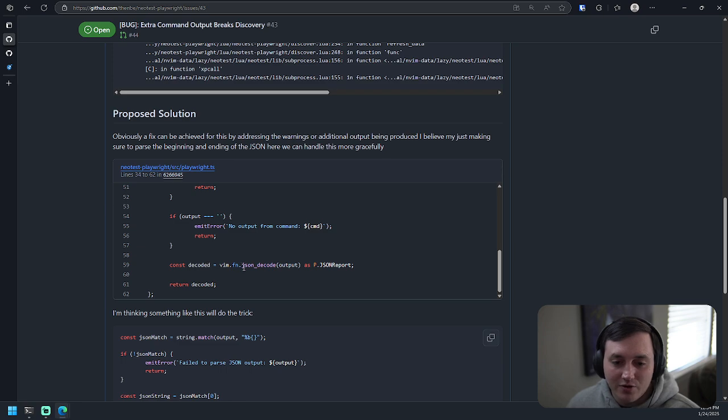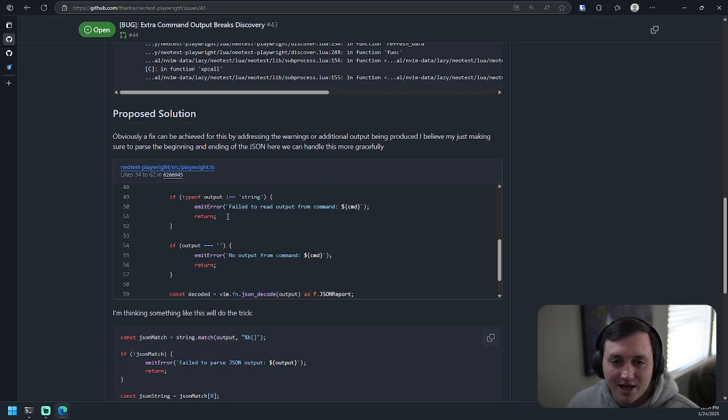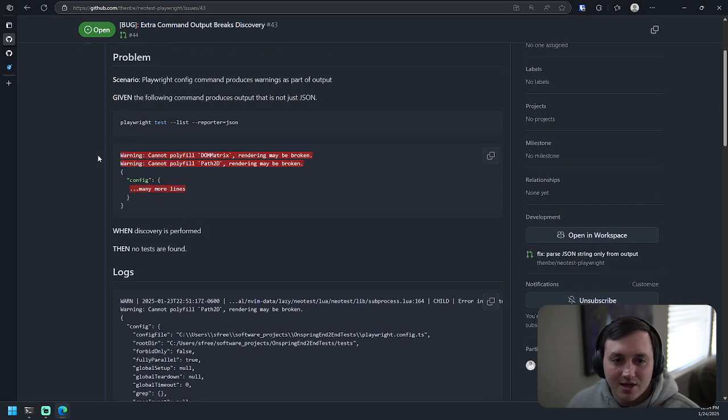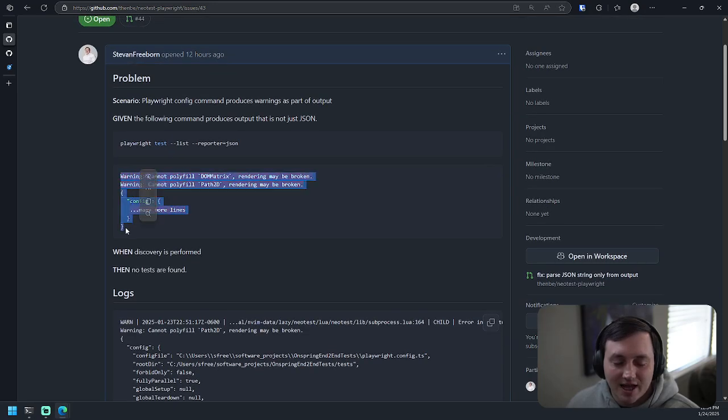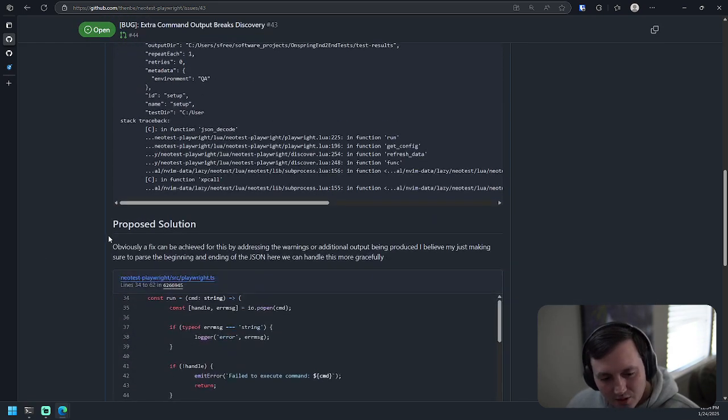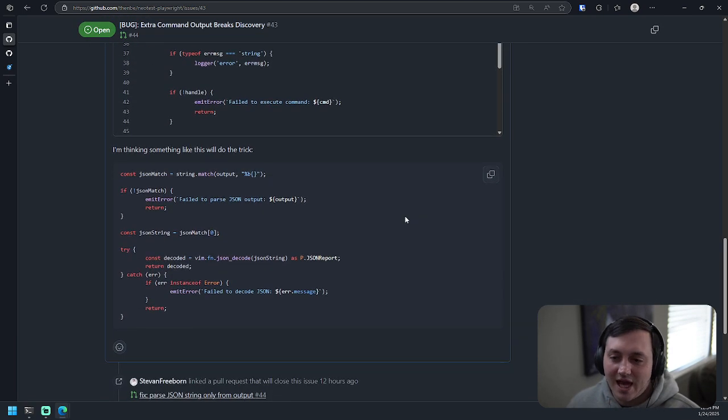If you get to this point, like I did, and you have an output that has this shape or this kind of values in it, this breaks, right? Because this is not valid JSON. So my solution was basically just to add some additional checks and handling for that. So all we're going to do is match the output for